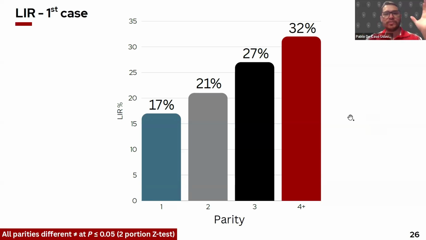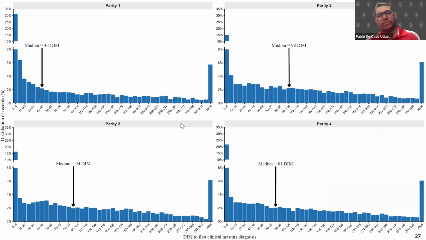And with that, it carries other diseases, but specifically for mastitis, it's going to be really interesting to see the next slide, because it's going to give us a very clear picture of what's happening in terms of the dynamics of infection, right? So now we know that first parity cows were at a lower risk of developing clinical mastitis. But what's really interesting is that if we compare with the rest of the parities, we can see that the distribution as to when those cows are diagnosed is much earlier in lactation in comparison to older cows. So what that means, and the median is